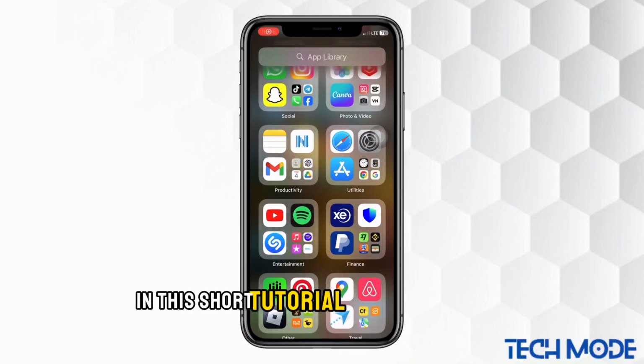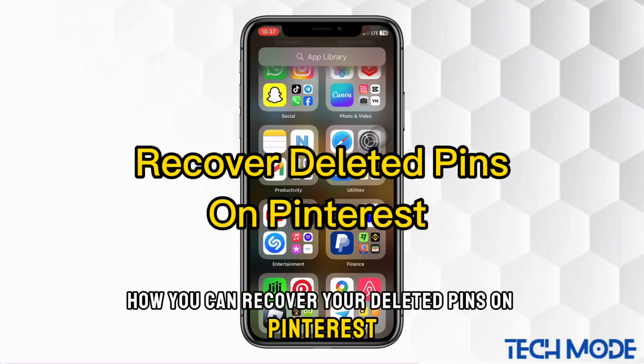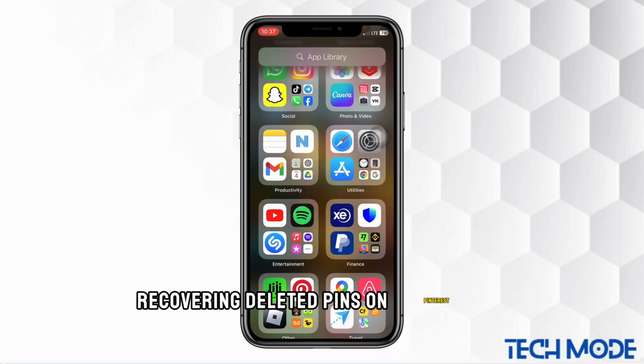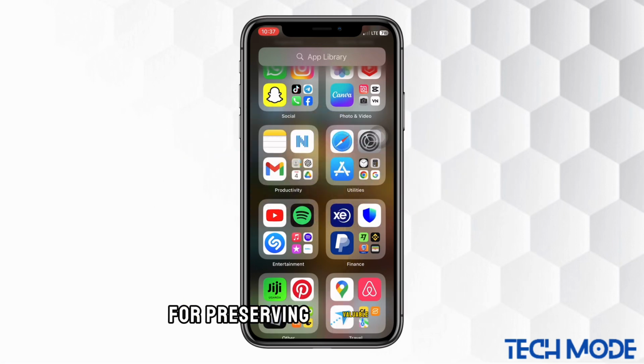In this short tutorial, I'm going to share with you how you can recover your deleted pins on Pinterest. Recovering deleted pins on Pinterest is essential for preserving valuable content, maintaining board coherence, retaining SEO benefits and historical records,